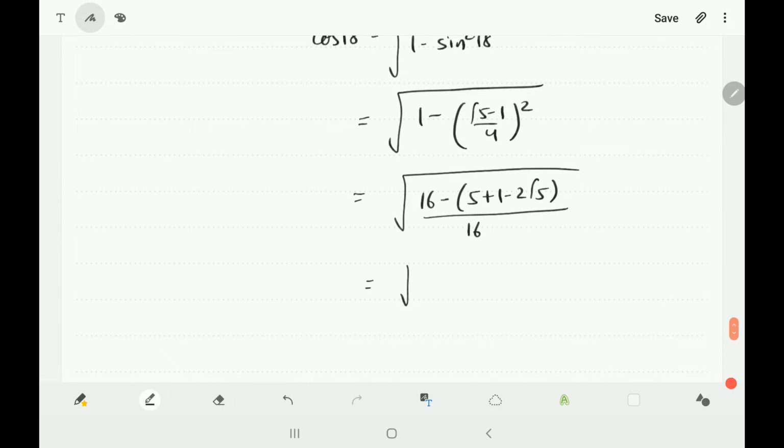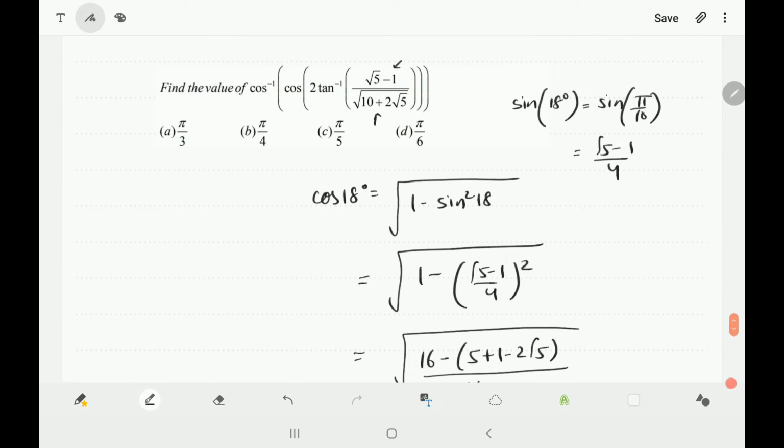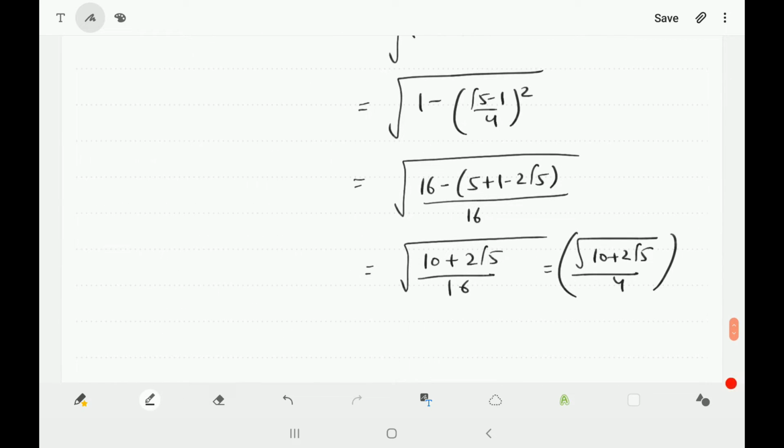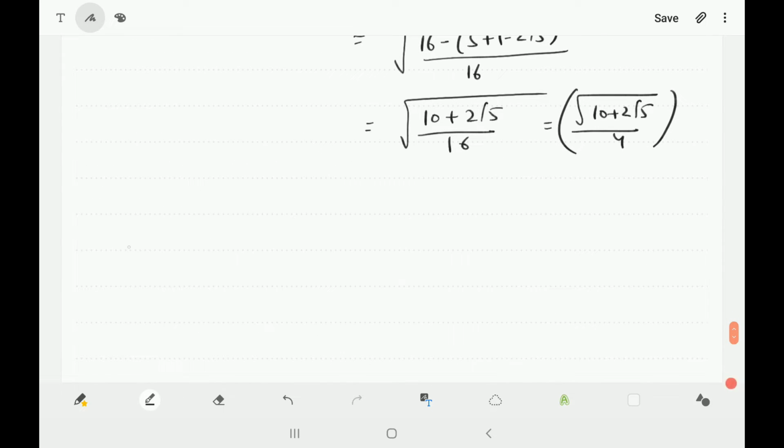So this term will become under root of 16 minus 6, which is 10 plus 2 root 5 divided by 16. So this term is basically under root of 10 plus 2 root 5 divided by 4. So if you see, the numerator is root 5 minus 1 and the denominator is under root of 10 plus 2 root 5. So now can I write this term as cos inverse of